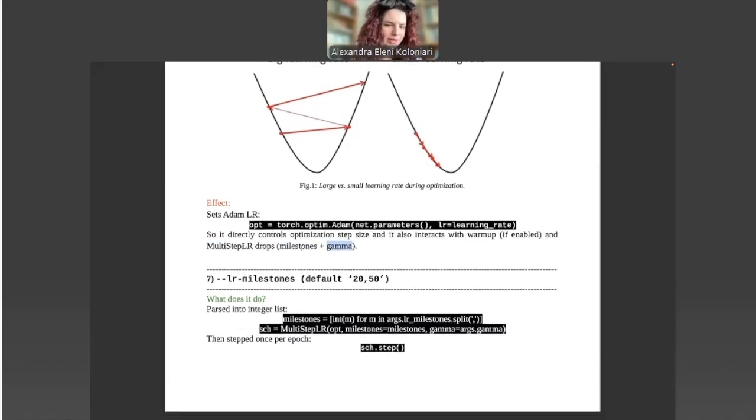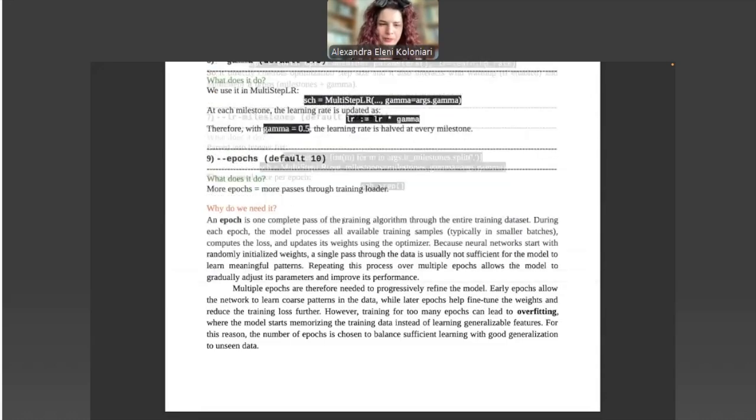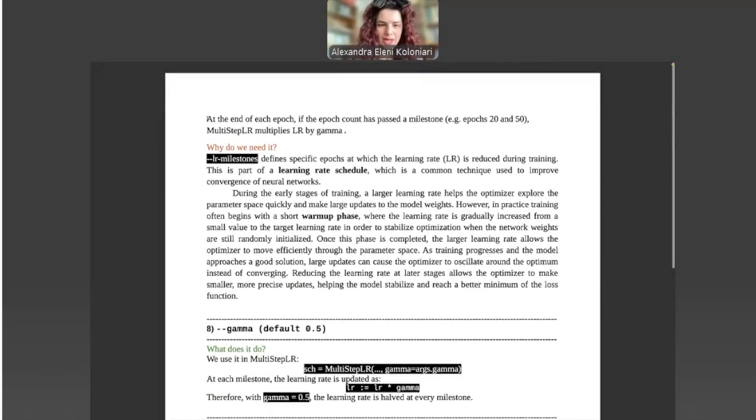So let's start with what are the learning rate milestones. So what does this parameter do? Basically, we use it here, and at the end of each epoch, if the epoch count has passed that specific milestone, for example, here we did set the milestones at the default values, epoch 20 and epoch 50, then the multi-step learning rate will be multiplied by gamma.